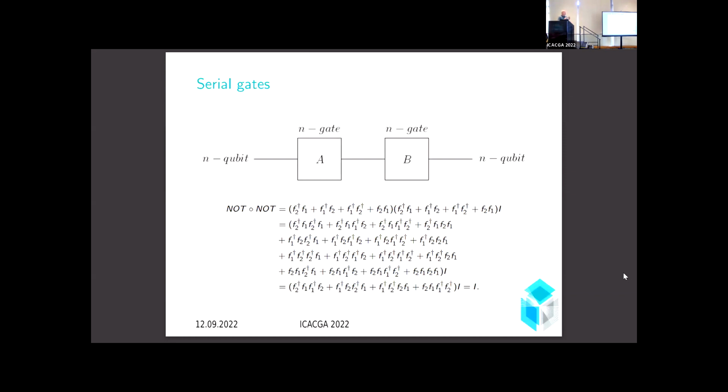But in the end, if we would like to simulate any quantum circuit, we have to deal with the serial gates and we have to deal with the parallel gates. In the case of serial gates, it's very easy. We just multiply these two elements, and the result will be the quantum circuit as a function. This example shows us